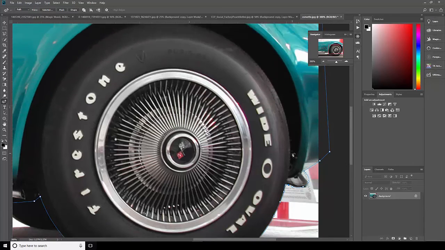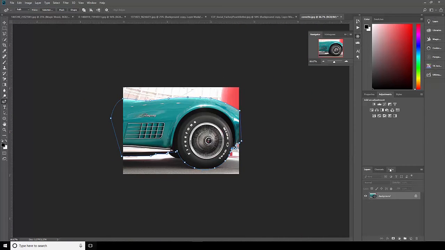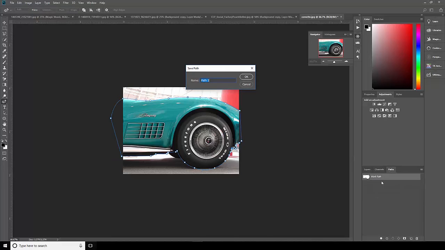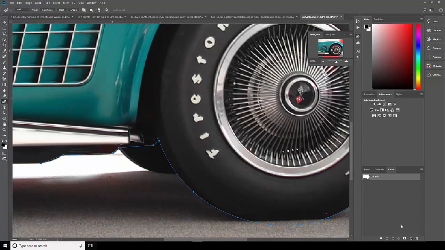So, all right. Going to zoom out, go over to our paths panel, work path. This is going to be my car side. And hit OK. And same kind of thing, if I want this other wheel, I can go ahead